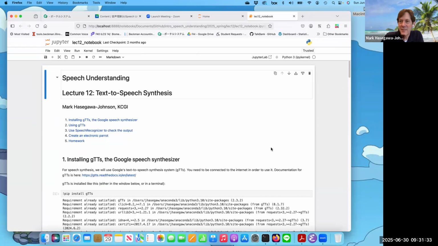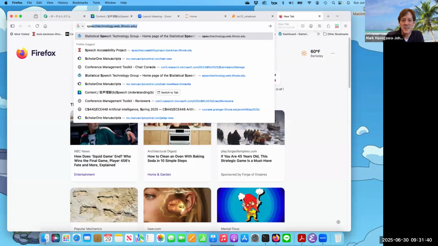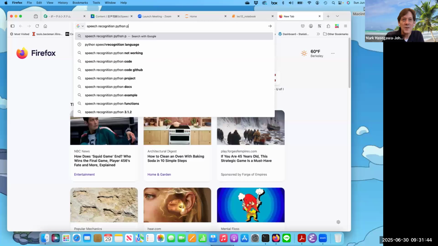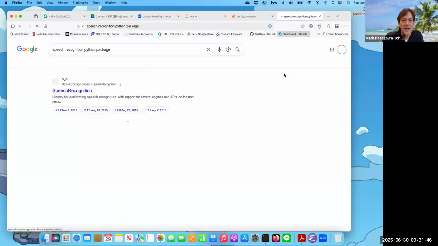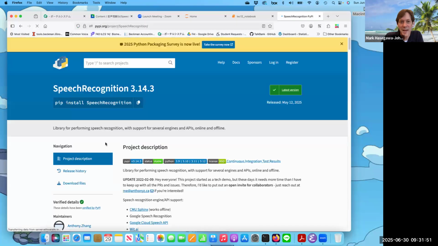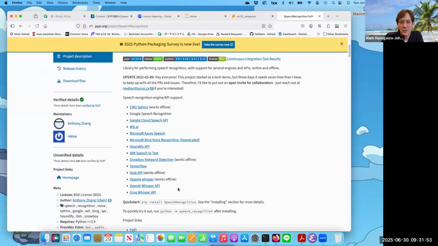Last time, as you know, I taught you how to use the API that allows you to use the Google Speech Recognizer, and that was the speech recognition Python package, which you can just look up as speech recognition Python package, and it will come up. There it is. The speech recognition package, as I told you last time, is actually a